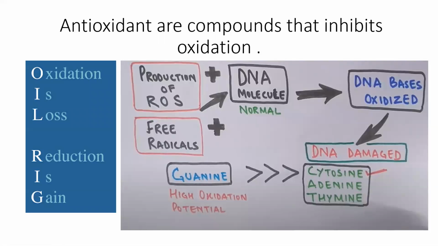Let's just back up a little bit. Let me talk about antioxidants. Antioxidants are compounds that inhibit oxidation. Oxidation is a chemical reaction in which electrons are lost. Reduction is a chemical reaction where electrons are gained. Oxidation and reduction occur simultaneously. But if it's easier to think, oxidation forms bonds to a more electronegative atom, while reduction forms bonds to